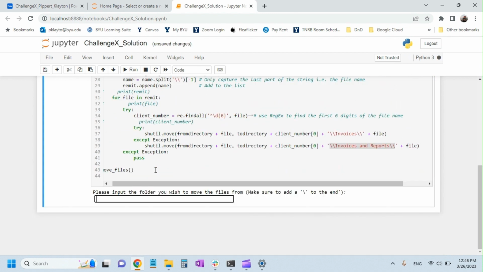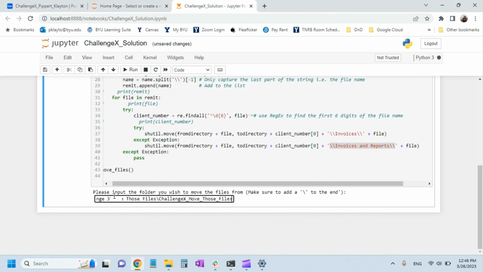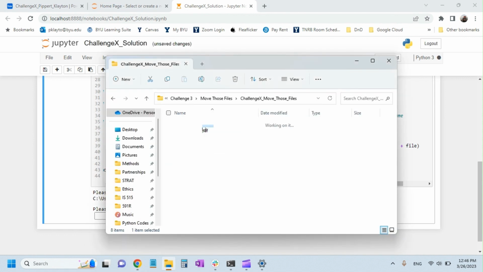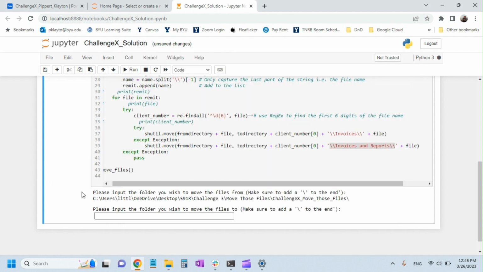So let's hit Control Enter here. So please input the folder you wish to move the files from. So we go here, we hit Control, copy, paste, and make sure we add that slash, enter. And we want to move them all into the client folders. Control, copy,